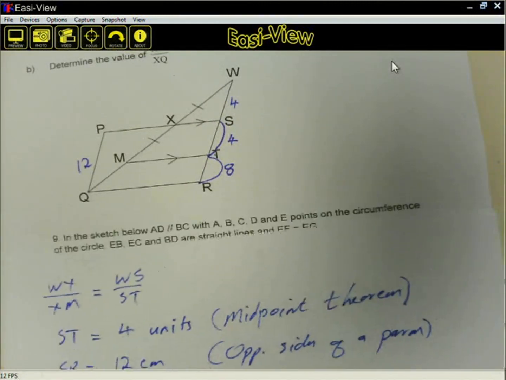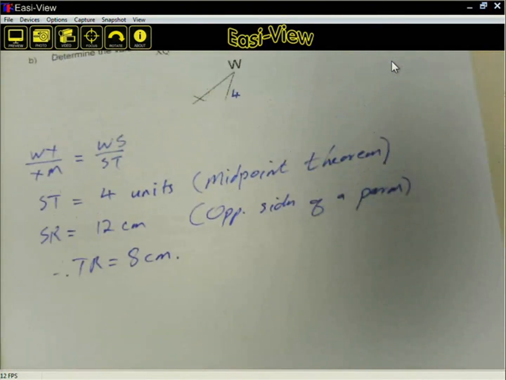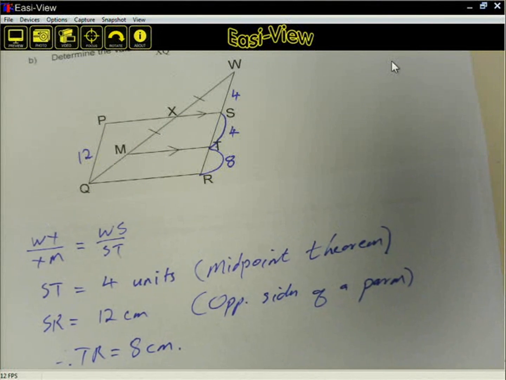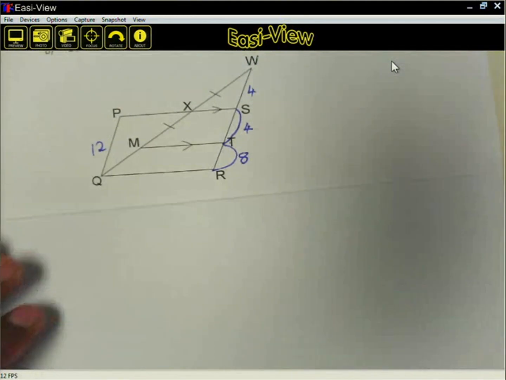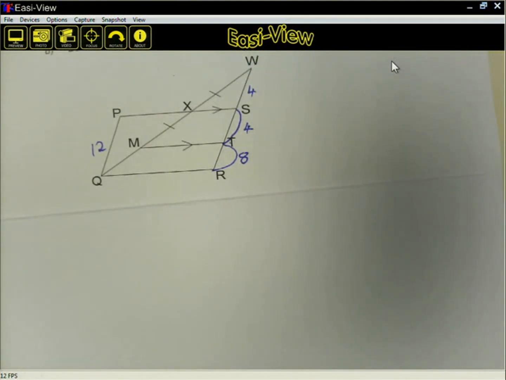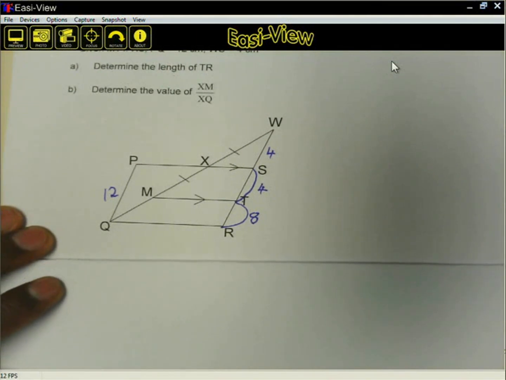The first part of the question is answered. Determine the length of TR. Now we have determined the length of TR. TR is equal to 8. And basically what helped us there was the midpoint theorem from grade 10. We still need to apply those theorems from grade 10. The B part of the question states, determine XM